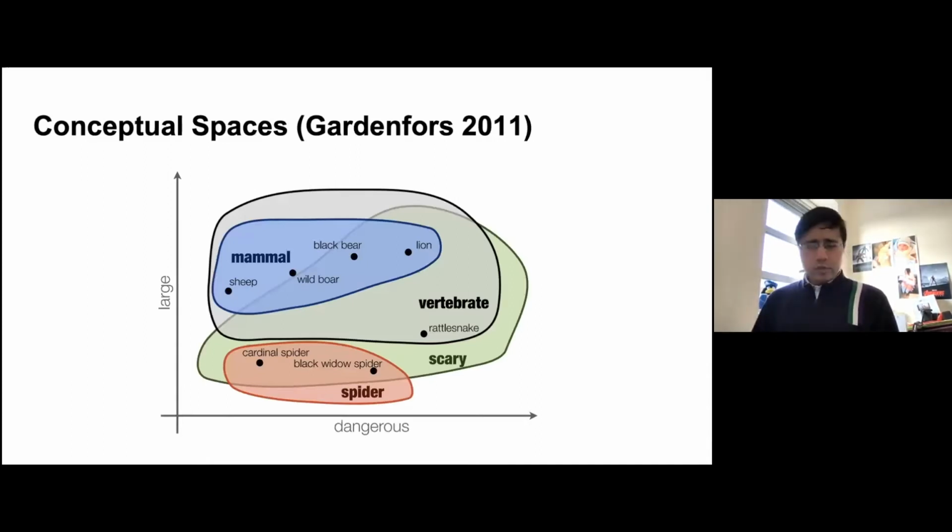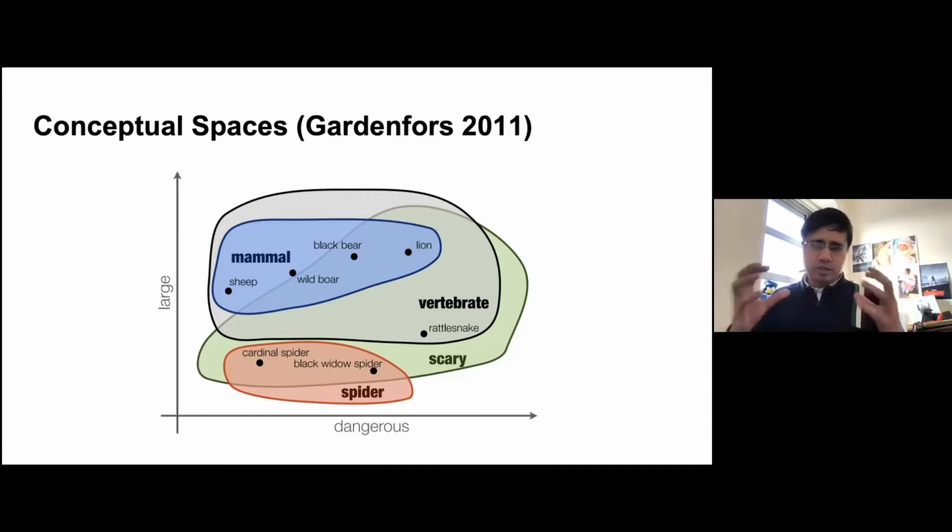There is an extension to these word embeddings known as conceptual spaces, which was proposed a while ago, which tries to learn some kind of pattern which represents clusters in some low dimensional space, and these clusters could be convex regions, as we see in this diagram. For instance, there is a region for spiders, which tries to model what different types of spiders there are, and then there are certain directions which represent some kind of property of certain entities.